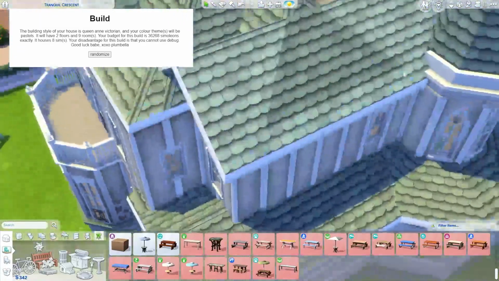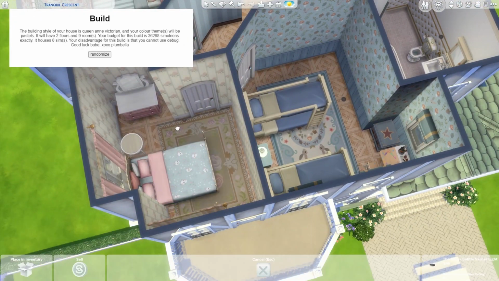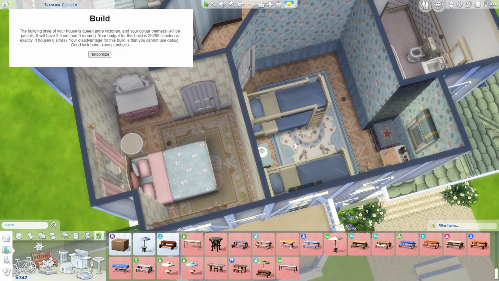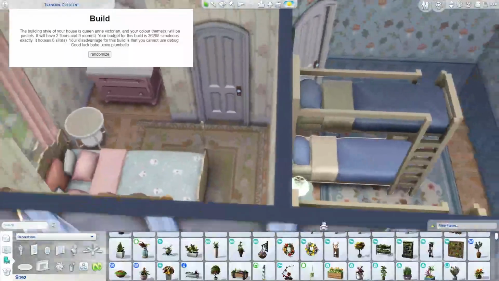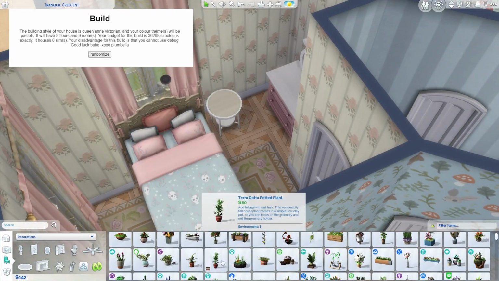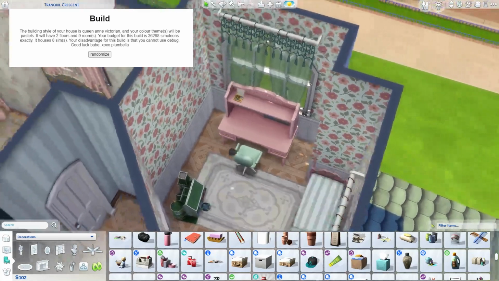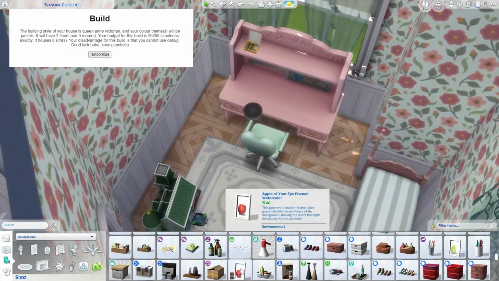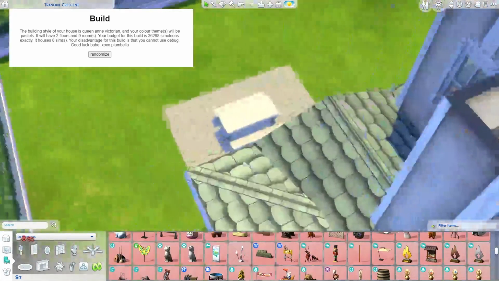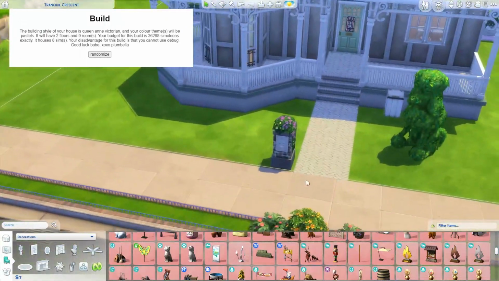And now I have 300 for everything else, which will be nothing, honestly. I'm not even changing the lights. I can't use better lights. This is so pathetic. Maybe something on the balcony. Oh my god, this is the saddest build I ever did. The kids' rooms have no decoration. Oh my god. Okay, I have 7 simoleons left. That's not gonna do anything, so...